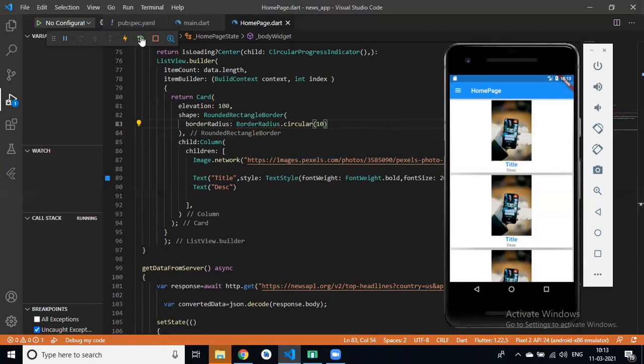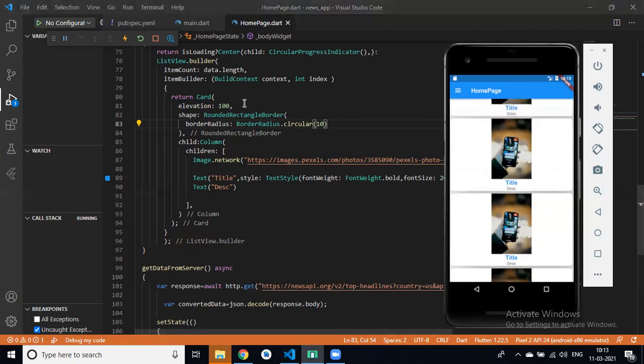if I hot reload this, can you see this rounded rectangle border? Yeah, Roshan, borders are curved. Can you see, Divya? Yes, Roshan.